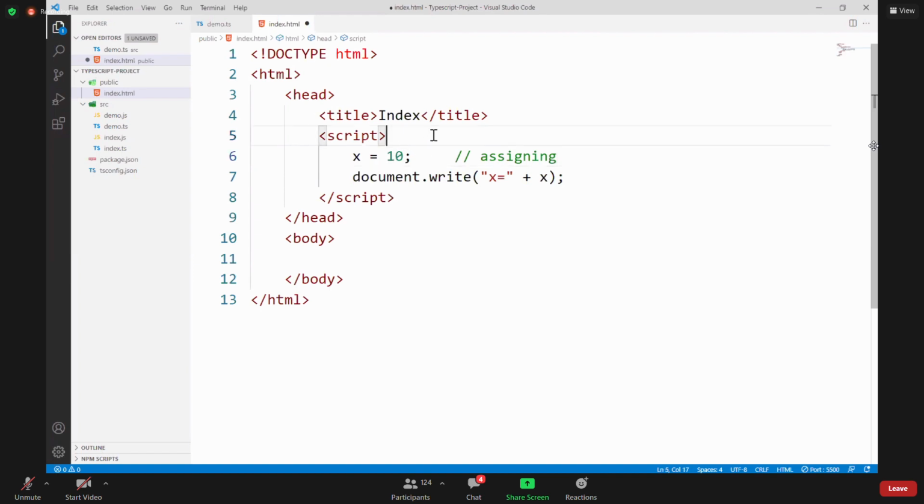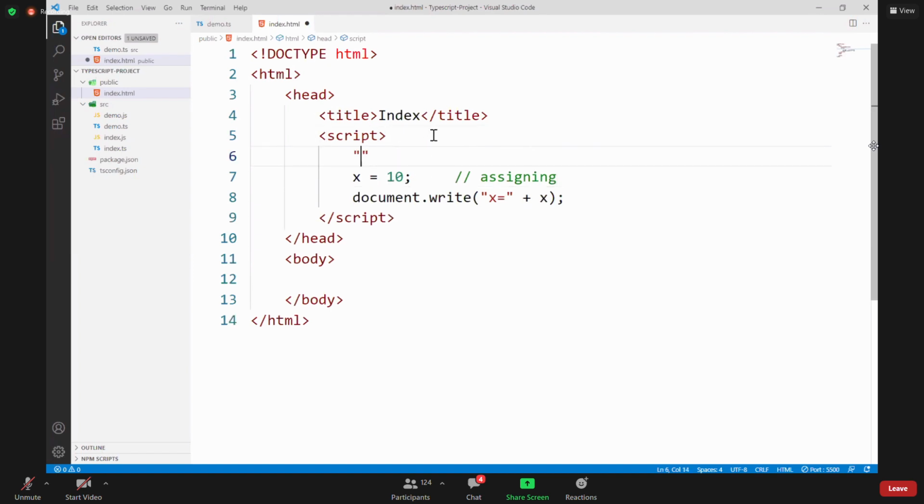But if JavaScript is in strict mode, that means "use strict", I am turning on strict mode, declaring a variable is mandatory. You see, now it's not working.